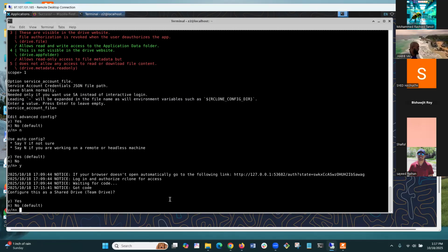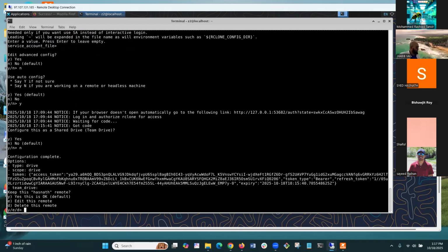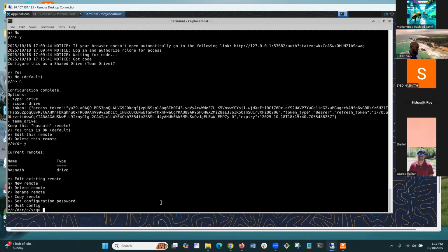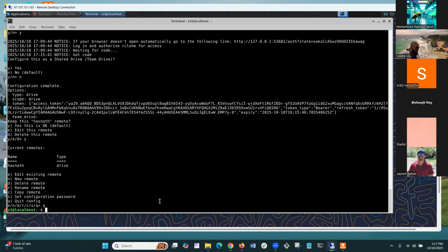সো এখান থেকে আমরা লিভ করব। এটা কি বলতেছে? Configure this as a shared drive. ওকে, সো জাস্ট আপনি নো দিতে পারেন। ইয়েস। ওকে, সো এখন কিউ চাপ দেন, কুইট করেন। সো এখান থেকে এক্সিট হন, আমরা আপনার রিমোট সার্ভার থেকে এক্সিট হব। এটা ক্লোজ করে দেন।